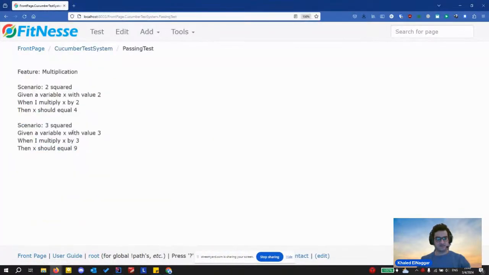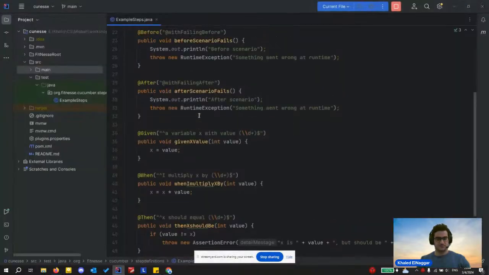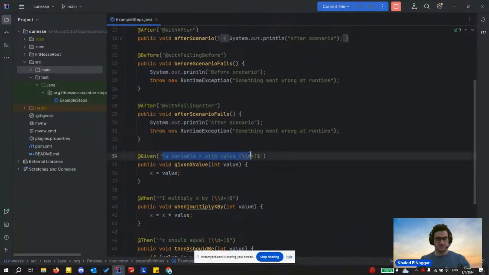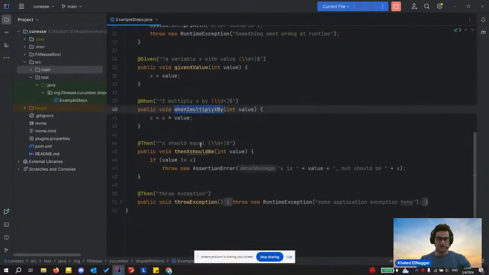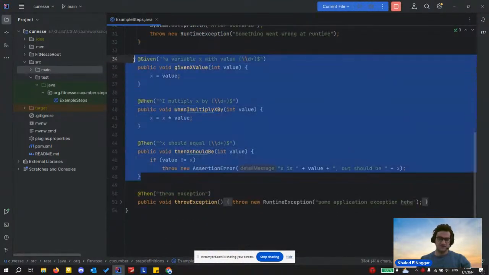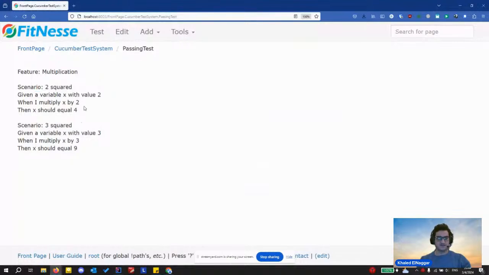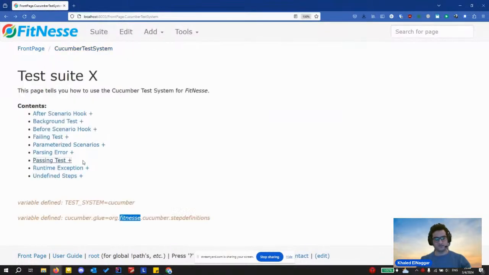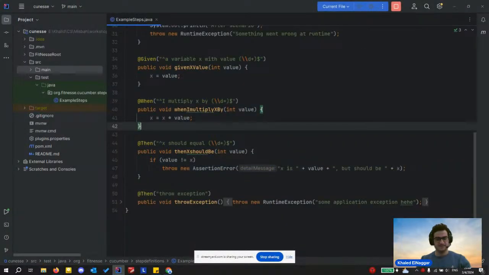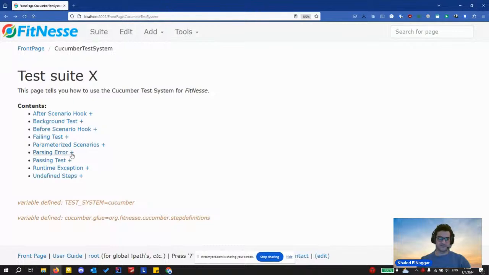So the passing test, we know that this step was executed here: given a variable x with y, when I multiply x by etc. And these are the 3 steps that we basically did here. If I'd like to add new steps or more steps, I can write them, take the snippet, add these steps here, and rerun the test.